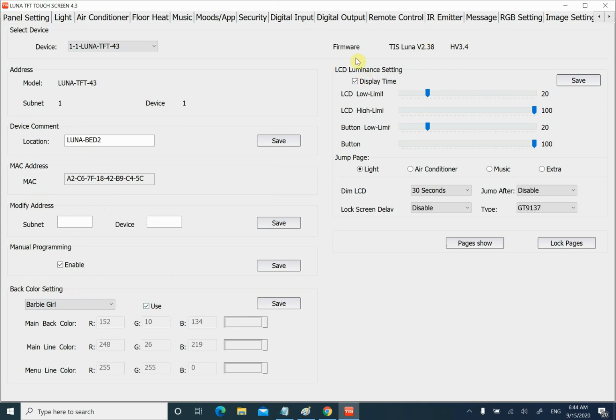Here I can change something. Also here I can see my firmware version, and I can enable or disable the display time. Here I can choose the LCD low limit and LCD high limit. Here we have one option named jump page. As you know, I think